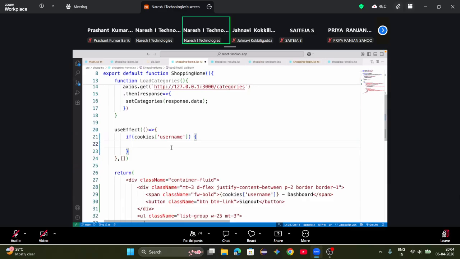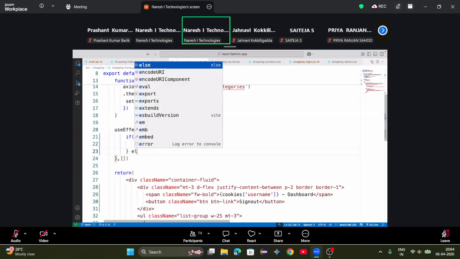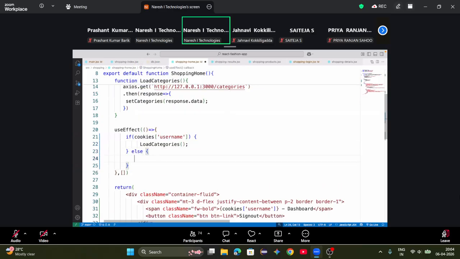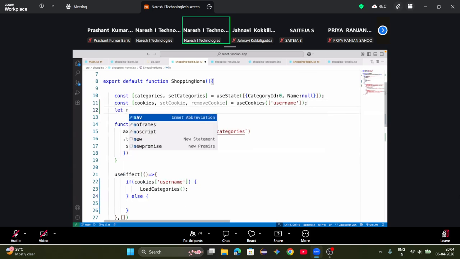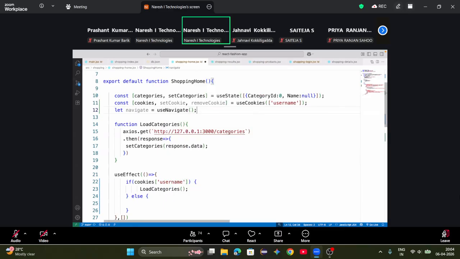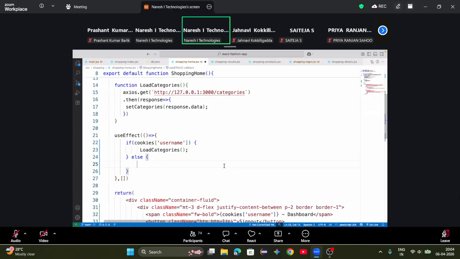This if condition means that if cookies is defined, if the username cookie is defined, then load categories. If it is not defined, then it should navigate to login. How to navigate to login? You need dynamic navigation, meaning let navigate equal useNavigate. And by using the navigate method,